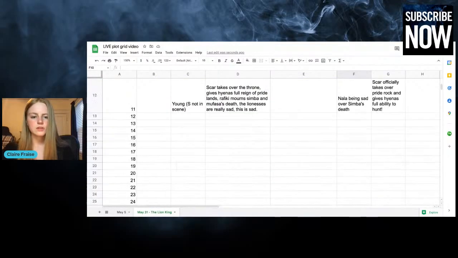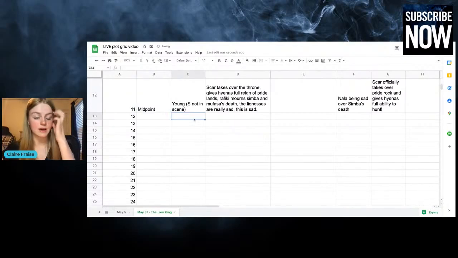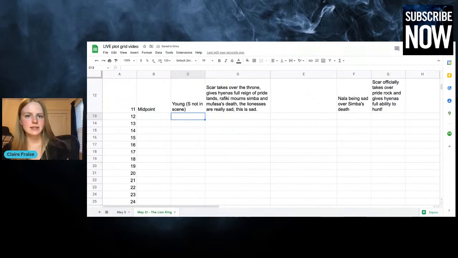Okay, so this, I believe, is the midpoint, as I talked about before, since it's directly halfway through the story. And now we get a bit of a tone shift. Simba has another scene where he's still young, but then we're also going to get a jump forward in time. So after this,